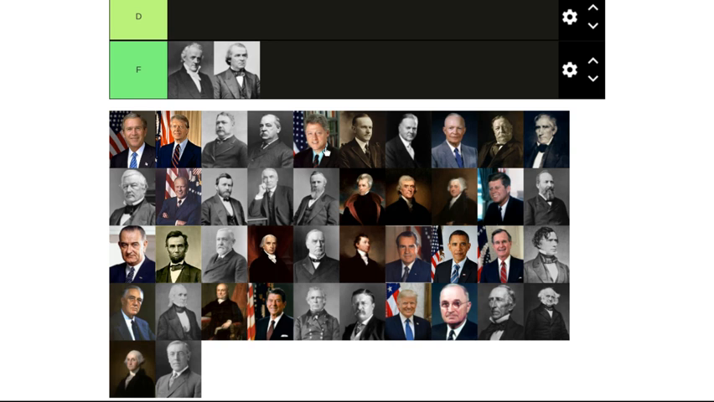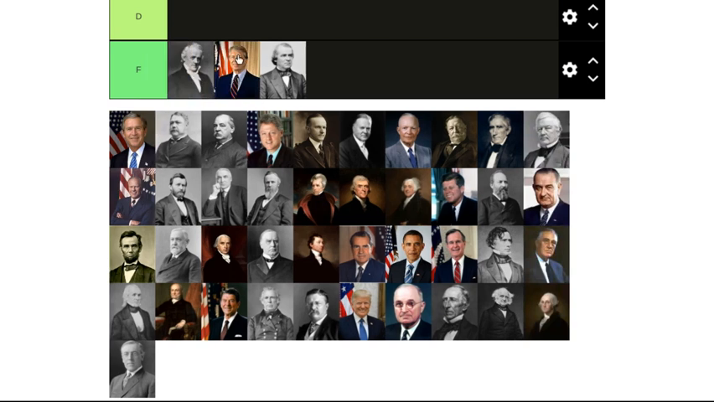I would say that Jimmy Carter is an F tier. He's not the worst F tier, but he was a pretty bad president. He was responsible for the insanely high oil and gas prices during the 1970s. He's very famous for his "We have a crisis that strikes at the heart and soul of the nation" speech,